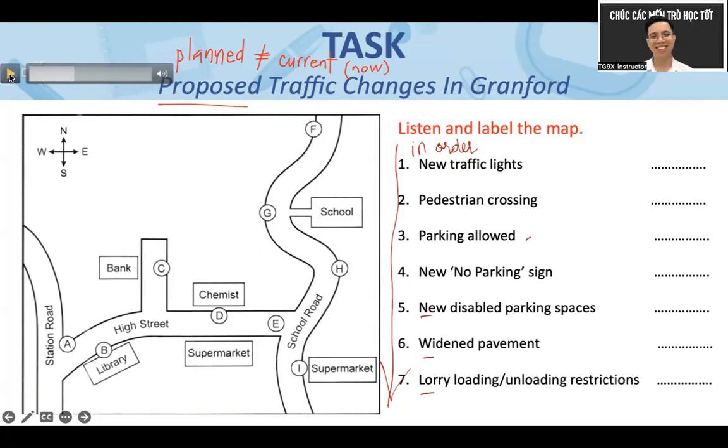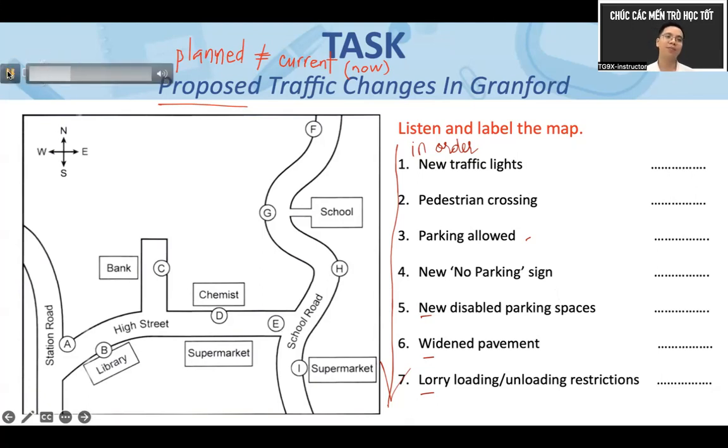Như vậy thì trong tương lai là parking allowed nó sẽ là vị trí nào đó quý vị? Theo như cái ngữ cảnh mà em vừa chuyển ra thì nó sẽ là câu nào? Là câu B luôn đó quý vị ơi. Mặc dù là not given nhưng mà nghe tiếp thì cũng không thấy cái gì thì mình phải suy ra. Hiện tại thì không cho đổ ở library nhưng mà trong tương lai sẽ cho. Not, không cho đổ not at the end, cho nên là mình không có đổ ở Y đâu ạ.